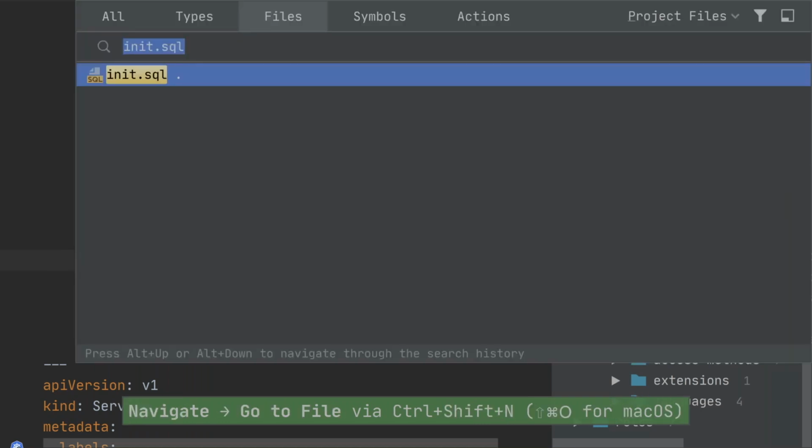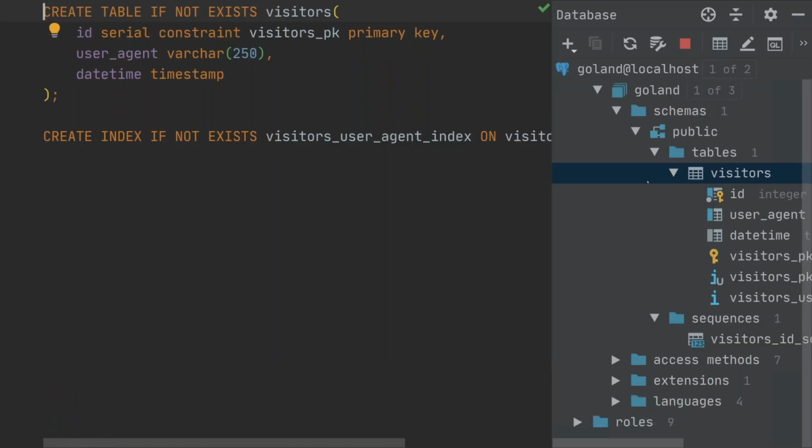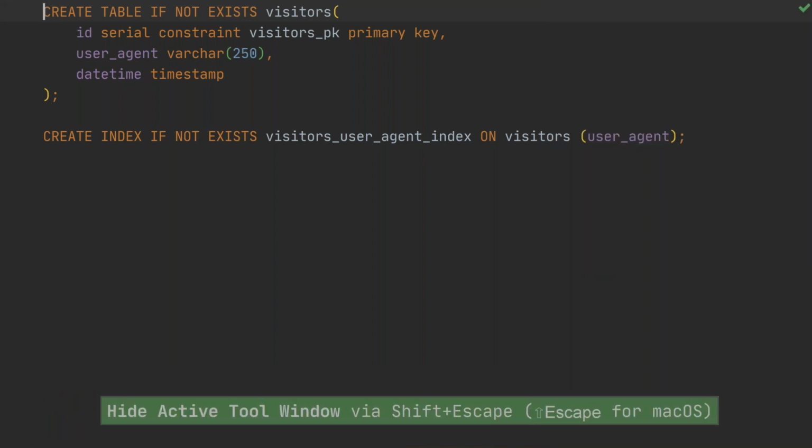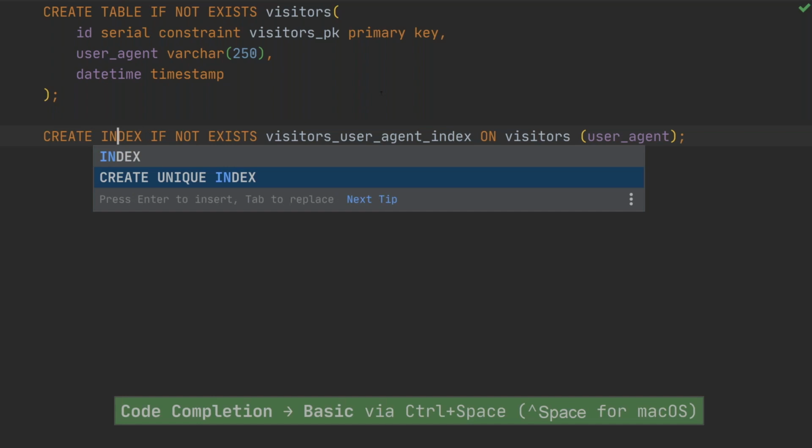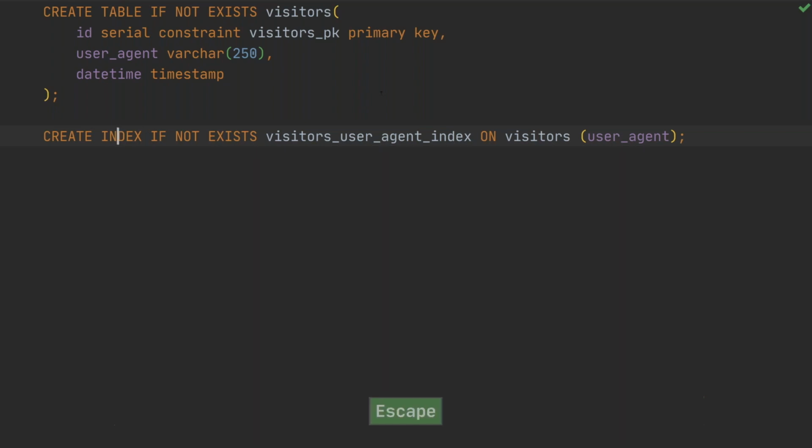And once we select that and invoke the go to file, we can automatically go to that file. Now, I'm not going to keep the database definition there, but just know that you can read this file and configure it however you want so that you can actually customize your microservice. Another useful option that we have from DataGrip is the fact that you can use completion here, for example, to write your SQL statements. All of this being done, we can go back to editing some Go code,